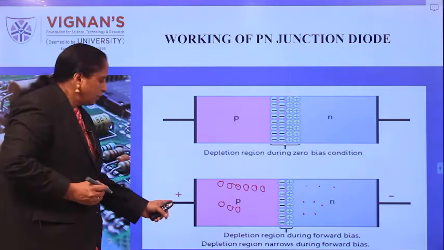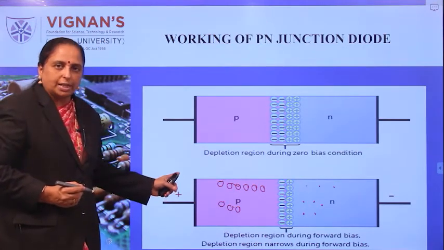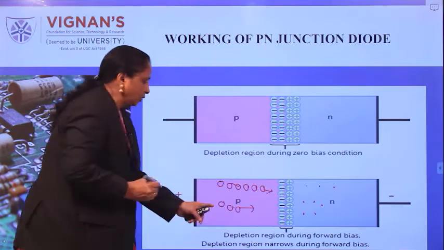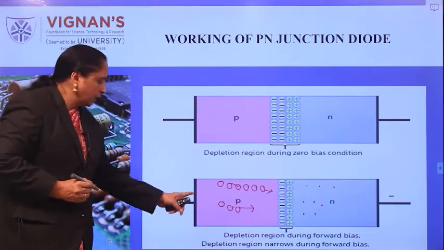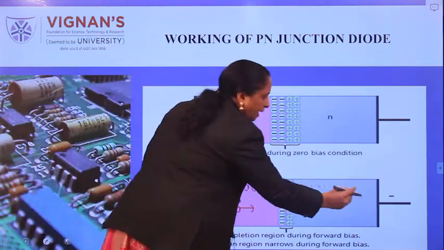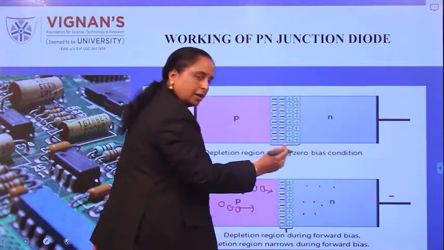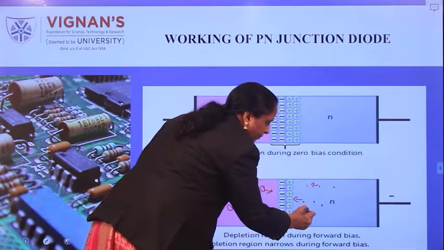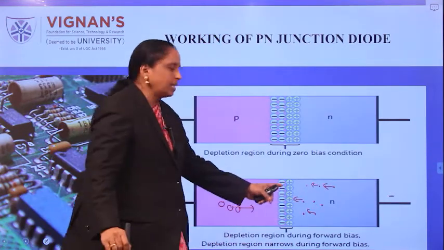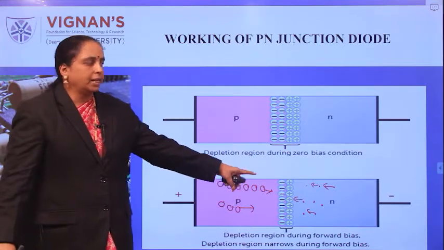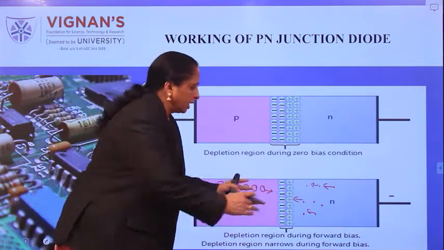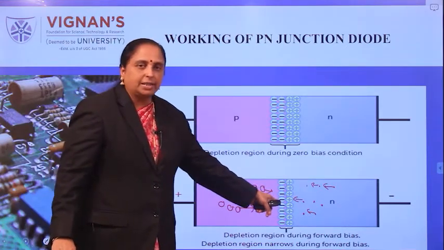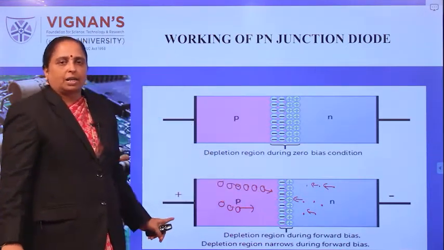Now, let us see. As soon as you are increasing the positive potential externally, the holes move towards the barrier. Why? Because holes are also having positive charge, so they will be repelled. Similarly, on this side, the negative terminal of the battery will repel the electrons, so they will also move towards the barrier. But there is a strong barrier based upon the material, silicon or germanium. So the holes and electrons will come here and they will stop here because of the internal bias. Internal voltage is more than the external voltage.